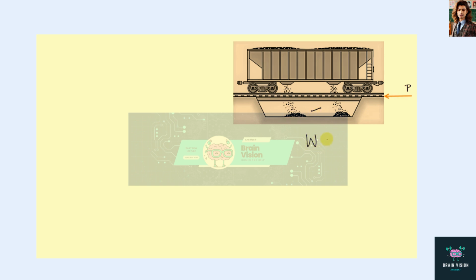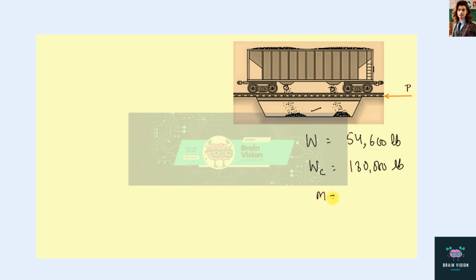So here in this problem we are given this car, and the weight of the empty car we are given to be as 54,600 pound. Now this car is being loaded with a coal of weight 180,000 pound. Now the car has two openings here, as you can see here, and the car dumps coal at the rate